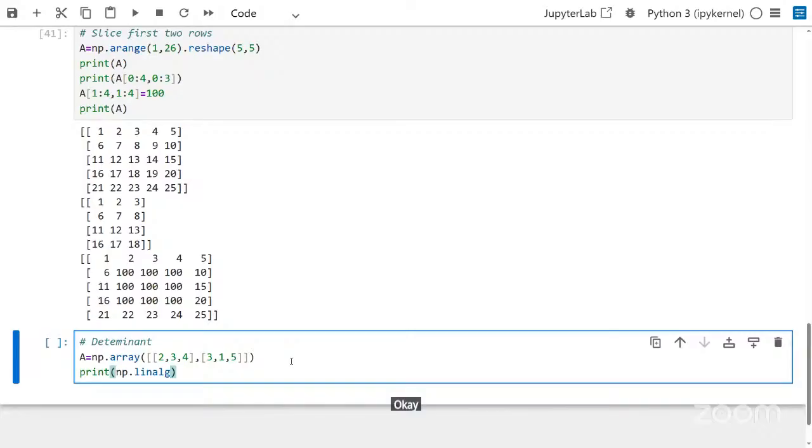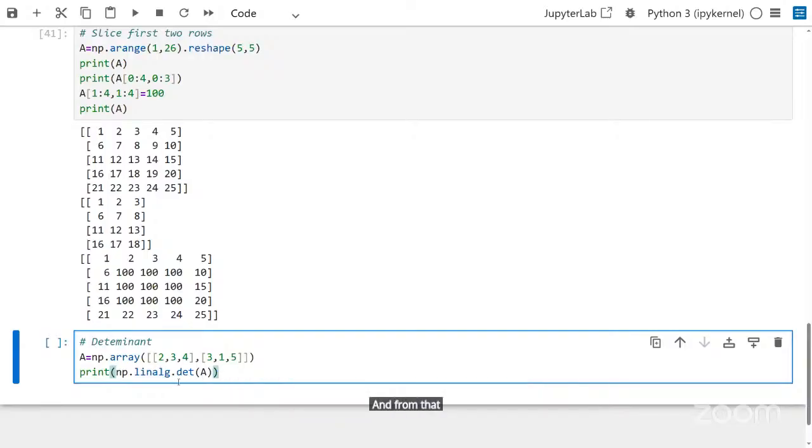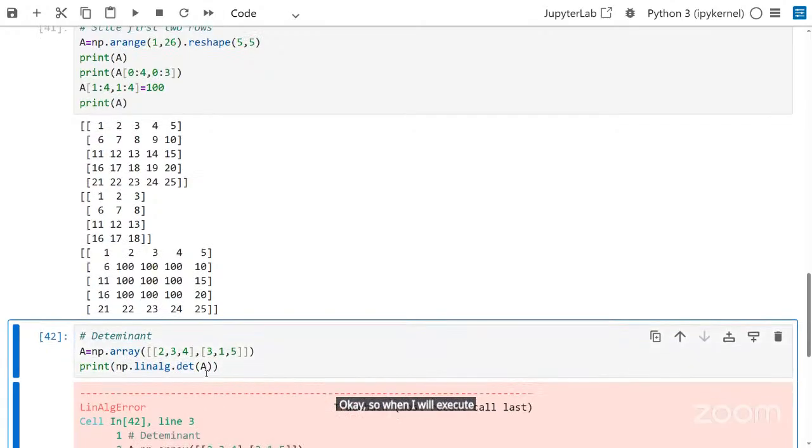So from linear algebra we are taking determinant of a matrix. See the sequence. np is the library, NumPy. Linear algebra is the part of np involving all types of linear algebra operations. And from that module, we are taking determinant function. Okay, so when I execute, you can see